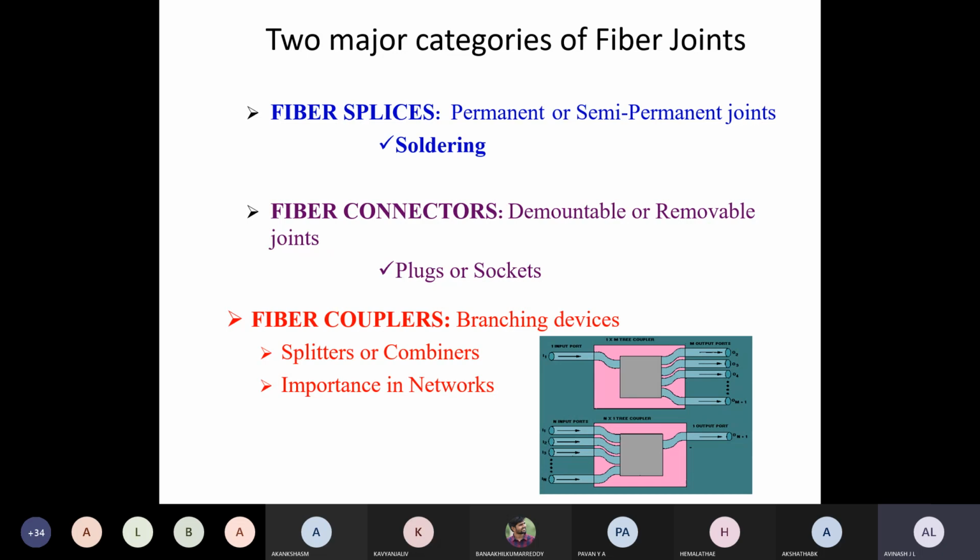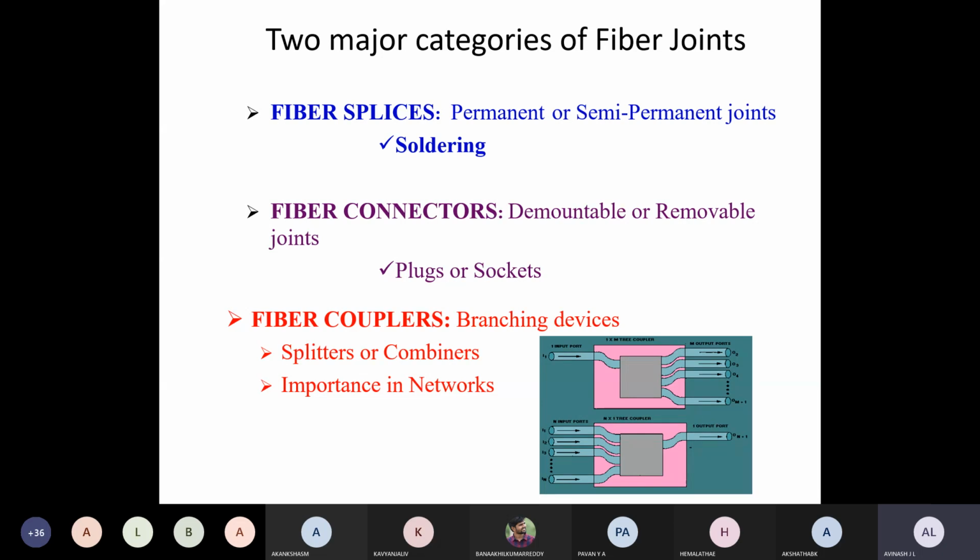Sometimes we will take two cables, two optical fibers, and connect them and make them connected. If you are making a permanent connection, that is also fine. And semi-permanent means that after some days of usage we are going to remove it. But what is the method we are going to use? We are going to use soldering. Soldering is permanent; you know that. It is fixed, permanently fixing. If you are doing desoldering, it will be considered a semi-permanent joint.